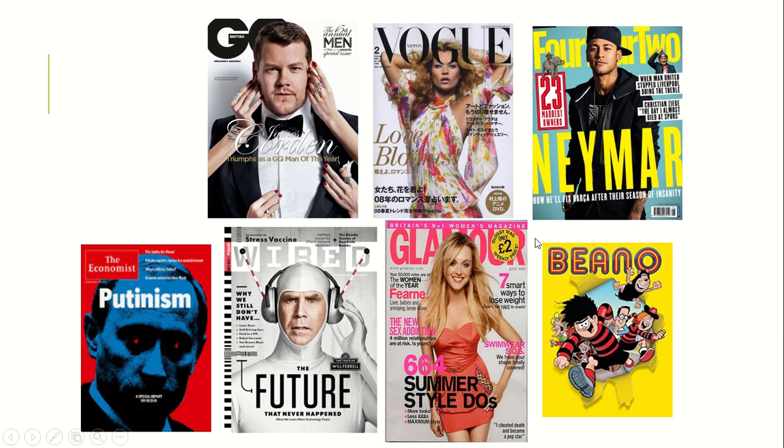And as well as this, this is maybe the Beano here. This is obviously the same company, but focusing one of their products only to children. So here we can see quite good examples of age and gender. And as well as that, we've got The Economist down here. A lot of you had never heard of The Economist, but that might be social class, based on people's education, maybe some of their interests. Maybe if you've been to university or you've had a job, you might have had to read The Economist for keeping up to date with some of your stuff in work, or maybe you're just interested in that.